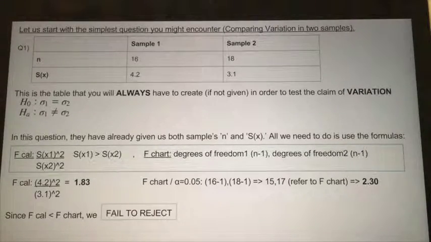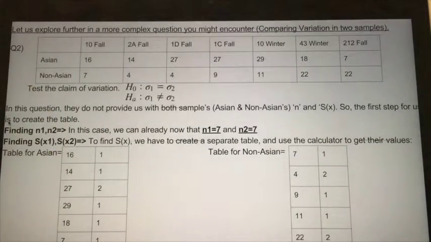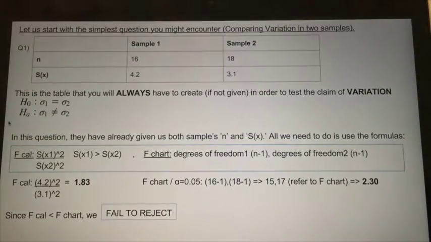So in this case, since sample 1 standard deviation is 4.2 and sample 2 is 3.1, sample 1 is the standard deviation that you take in the numerator, and sample 2 is the standard deviation that you take in the denominator. And for F-chart, you just find the degrees of freedom for n1 and n2 and you look it up